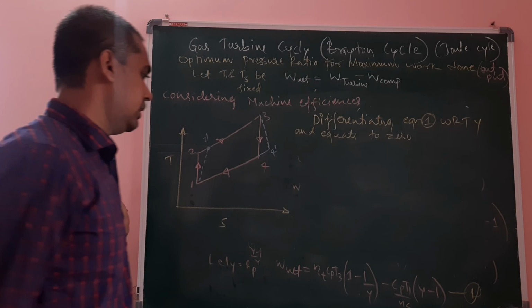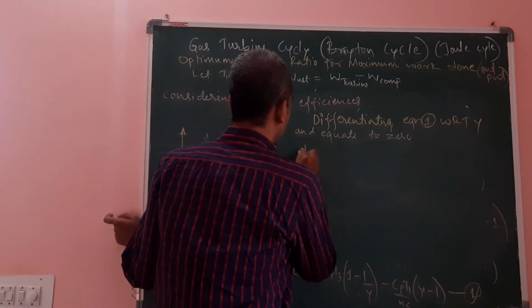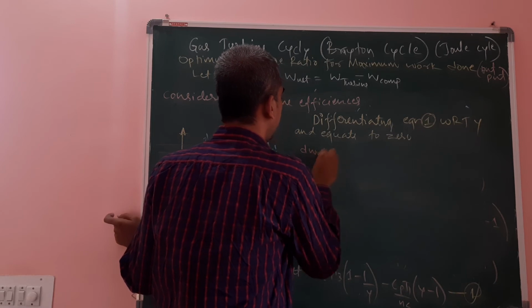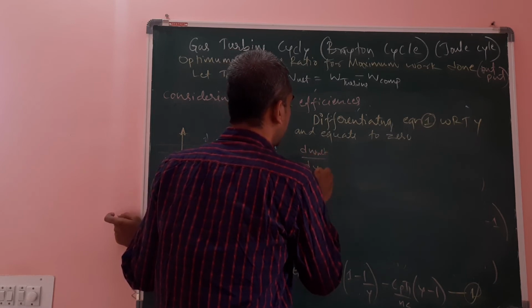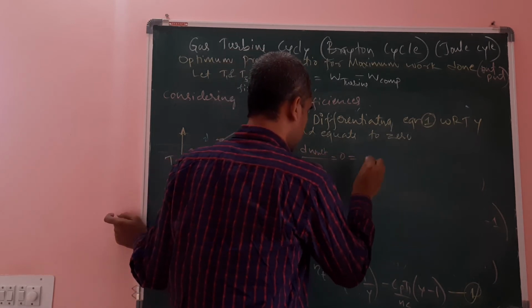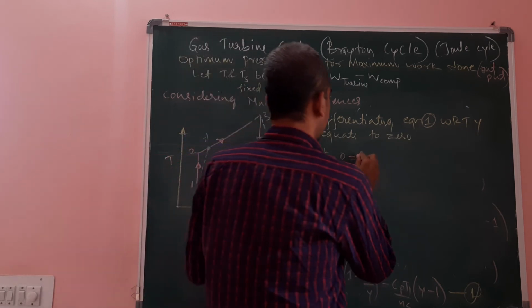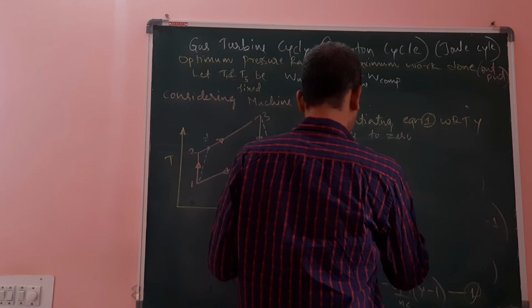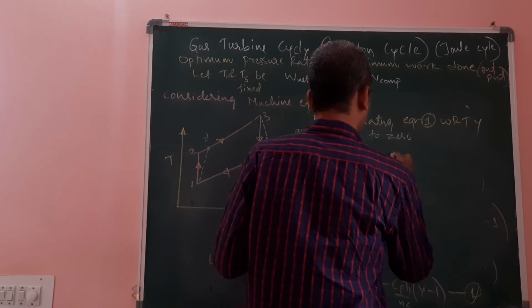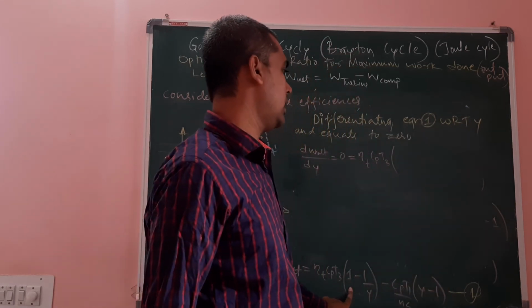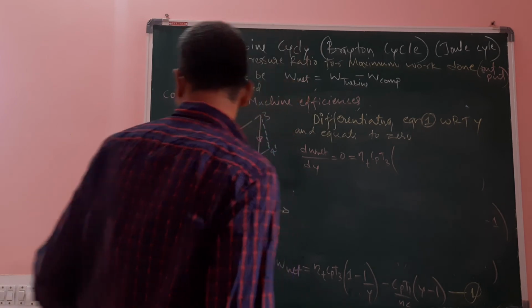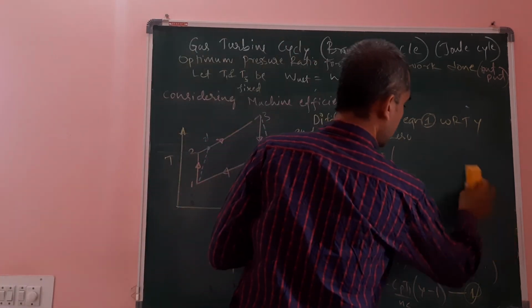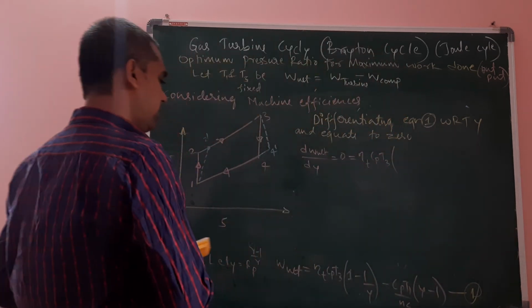What will happen? Therefore, d of W net divided by dy is equal to 0. It is equal to, eta of T into Cp into T3 is a constant. Differentiation of 1 is 0. Differentiation of 1 by y is